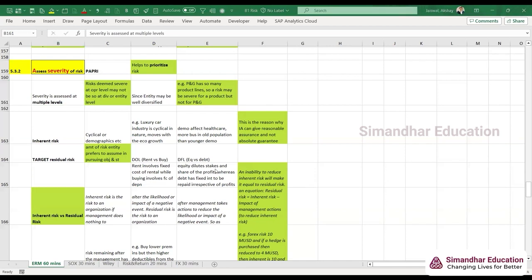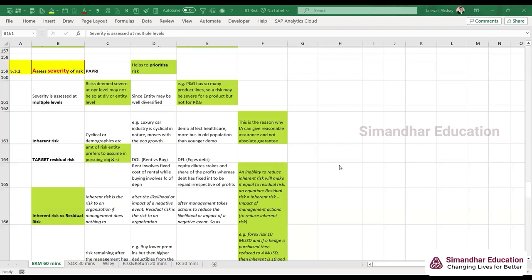Yes or no, guys? So we can't do anything about it, right? To some extent, it is possible, but that is very minimal. On an overall basis, on an impact basis, we can't do anything about it virtually. So that is the inherent risk. Inherent risk means what is inherent in the business, in the industry itself, the risk that everyone will have to take. So we can't do anything about it. We just have to know that this is the risk we have to operate with, but we can't do much about it.